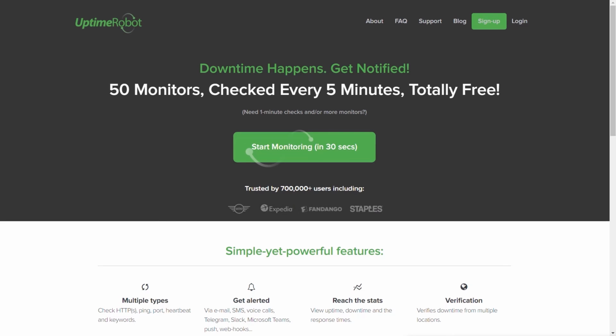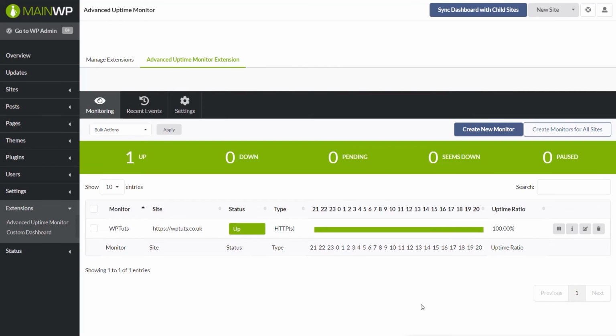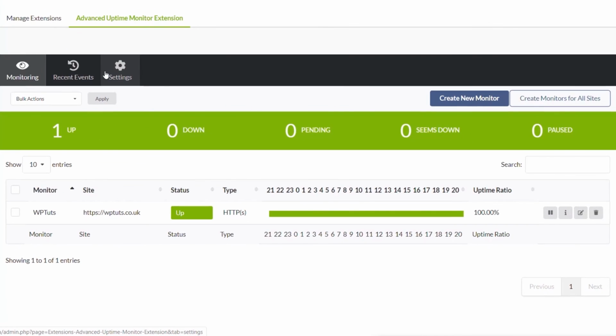plan. You can do just that, and once you've signed up, you can access your account, grab the API key and your email address you signed up. Once you've done that, you can easily come in and start monitoring your website. Now you'll find once you put those details in under the settings section for the Advanced Uptime Monitor, which is the plugin I showed you right back at the beginning how to install, you'll start to get some data coming